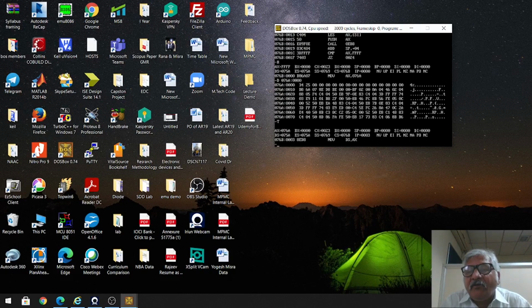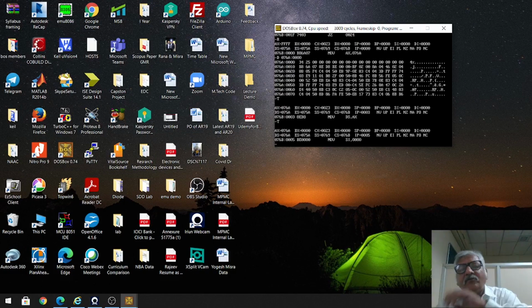Now the next instruction is visible. What is the next instruction? MOV DS, AX. So now the value of AX will be transferred to DS. What is the value of AX right now? 076A. It will be loaded in DS. What is the value of DS? DS you can see right now 075A is there. So this 075A will be replaced by 076A. So I will again type T and execute the second instruction. Now you check the value of DS. It has been changed. Now it is 076A.